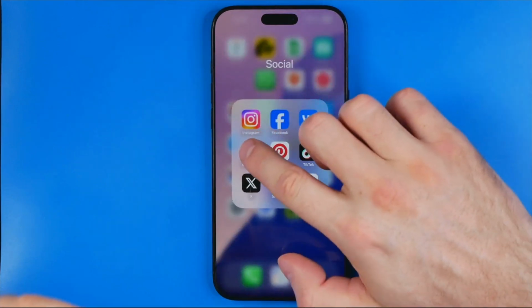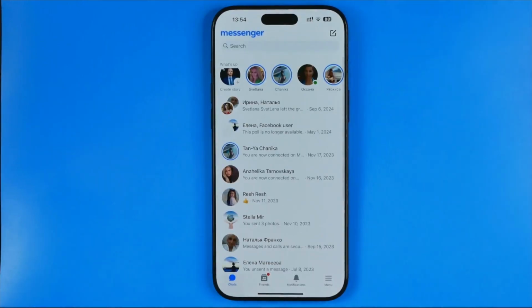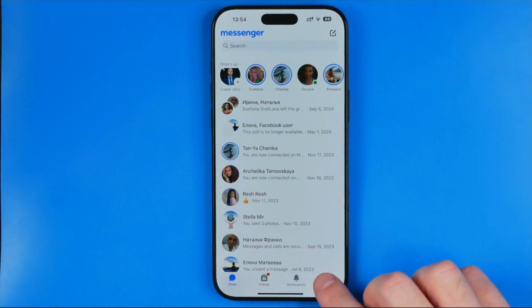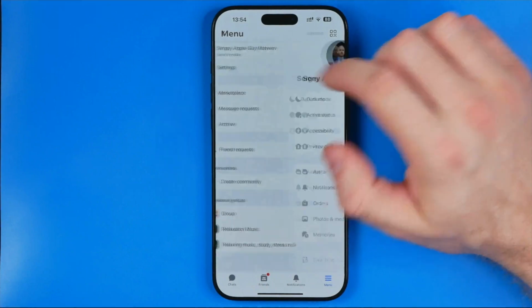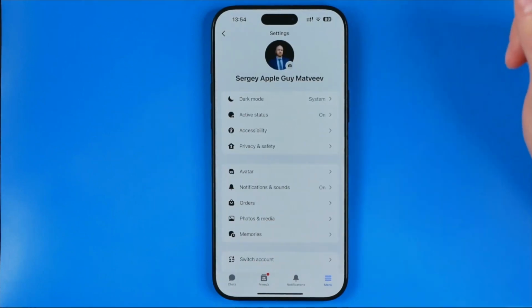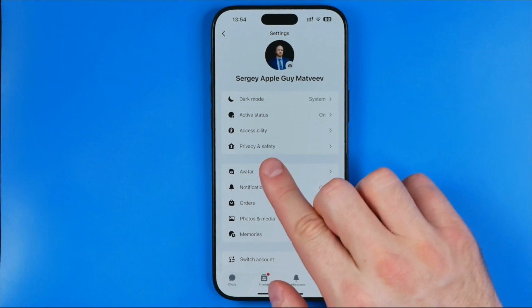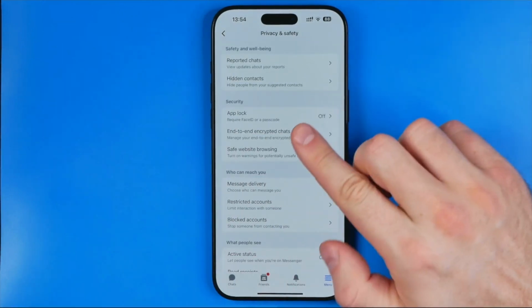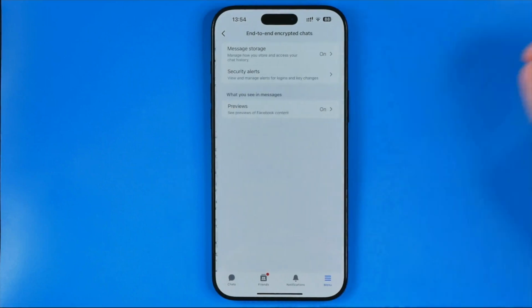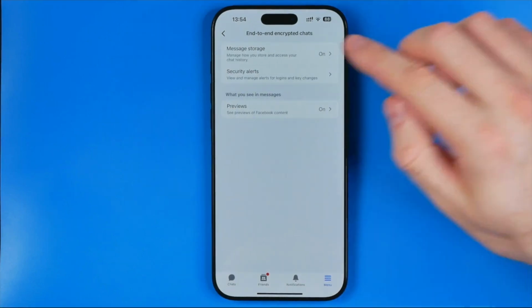Let's get started, guys, and first off we need to open up the Messenger app. Once it is done, tap right here to go to menu, then tap where it says settings. And here we are looking for the option privacy and safety. Just get into it. On this step we need to select end-to-end encrypted chats, and after that just go to